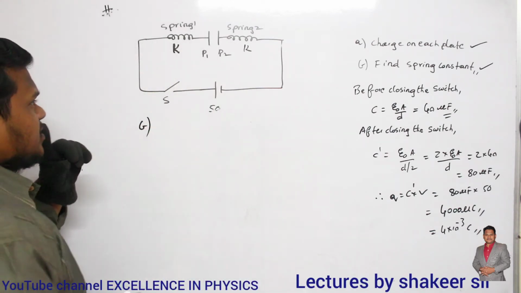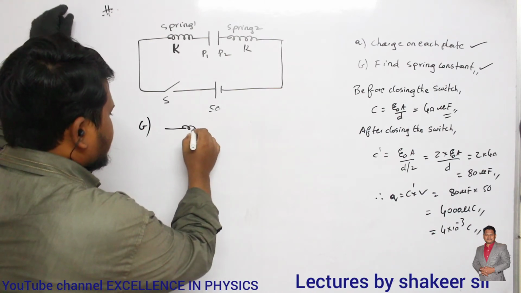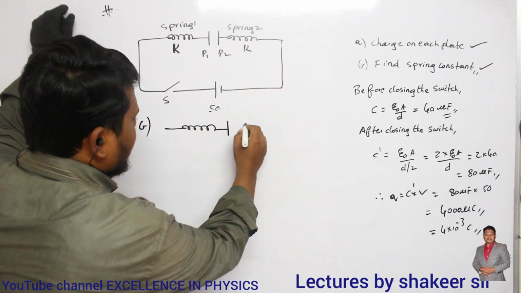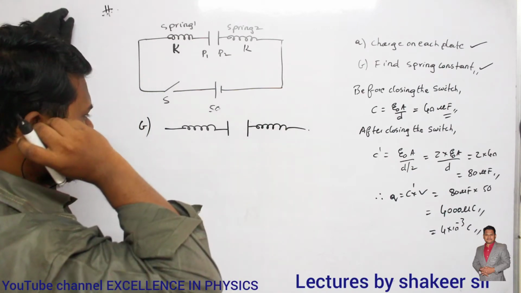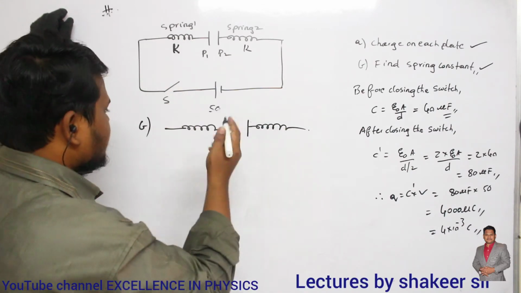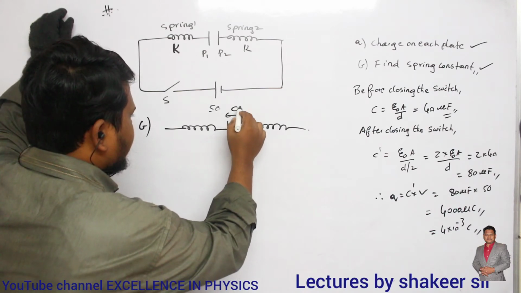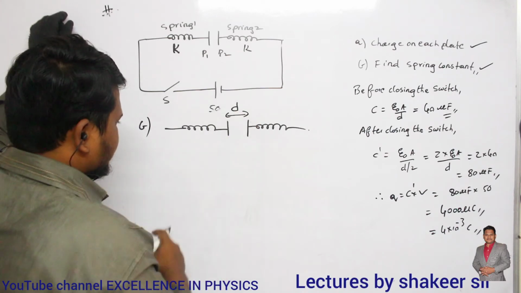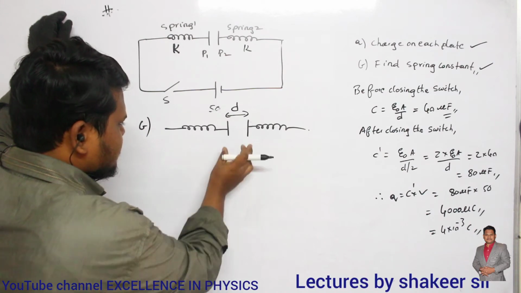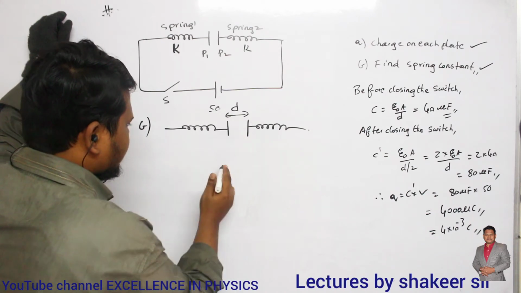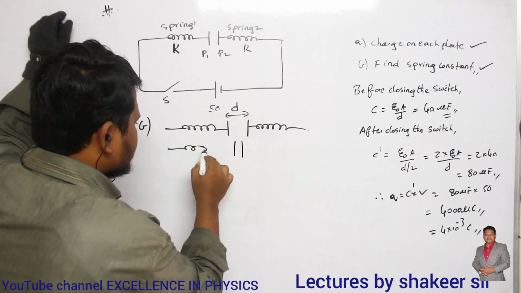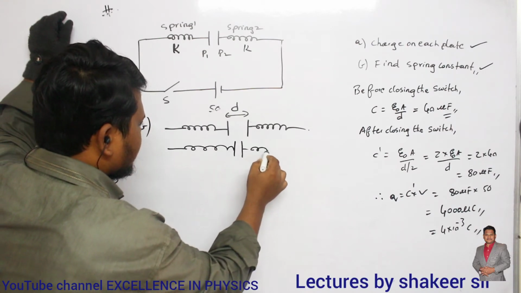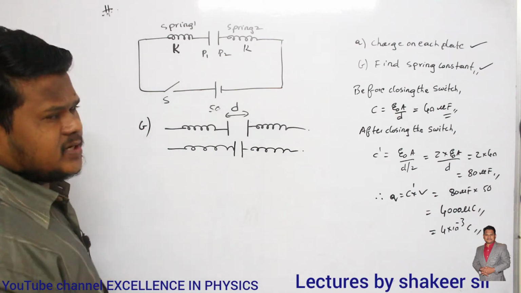See ma. So previously the plates were arranged like this, for example, before charging. What is the distance between the plates? Let the distance between the plates be D. Okay. Now after the charge is supplied, what happens? The distance between the plates has reduced to half, no ma? It means the plates have come like this. So this is what happened after charges are supplied to the capacitor.